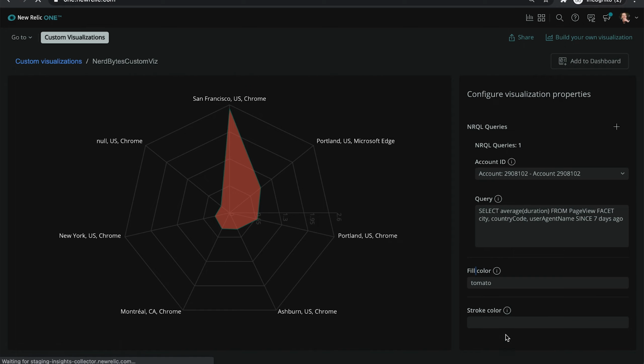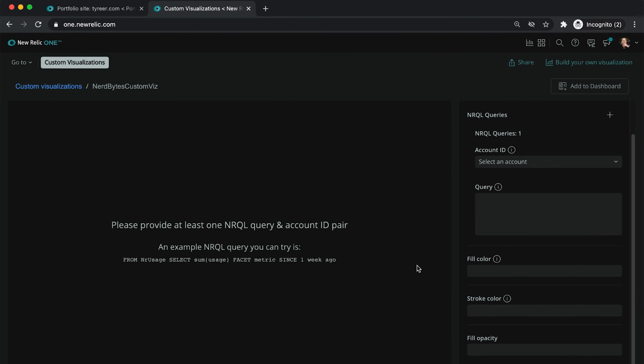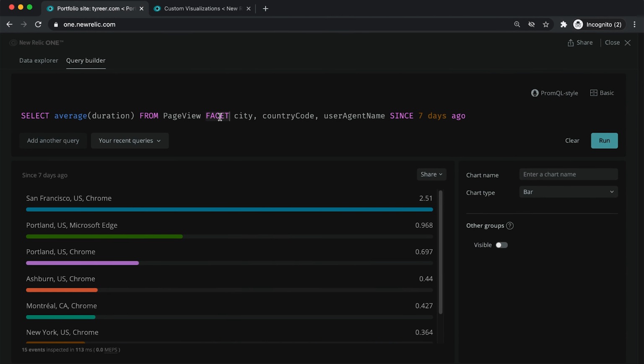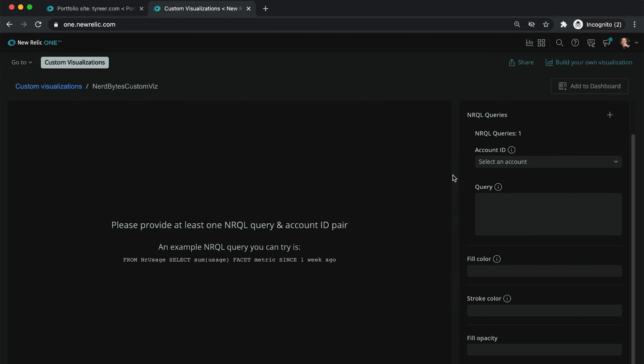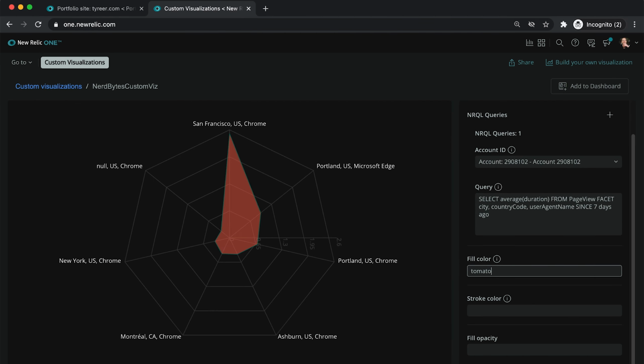And there we have it. So let's go ahead and grab that query that we're interested in. Provide our favorite color, and then check out how fill opacity works. So I can provide it with a lot of different values, and I think that we'll stick with 0.8. That's looking a bit more full and less transparent.